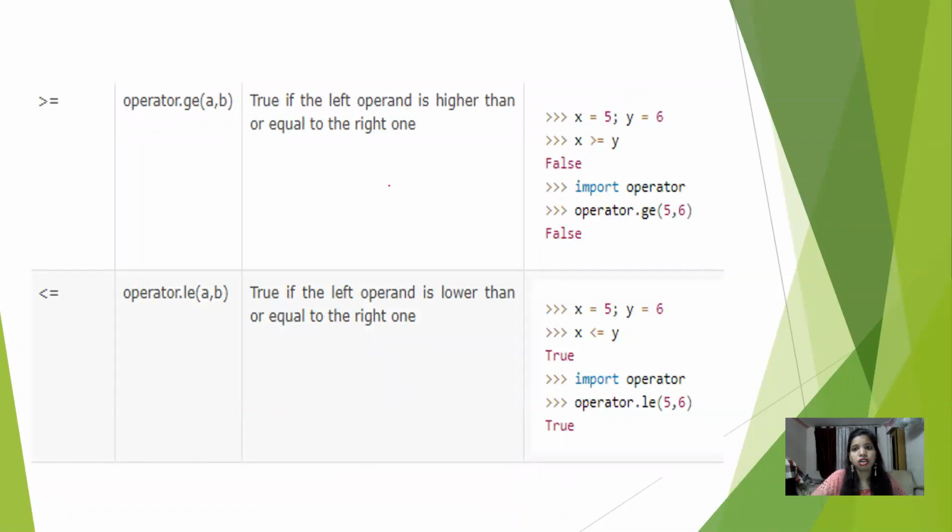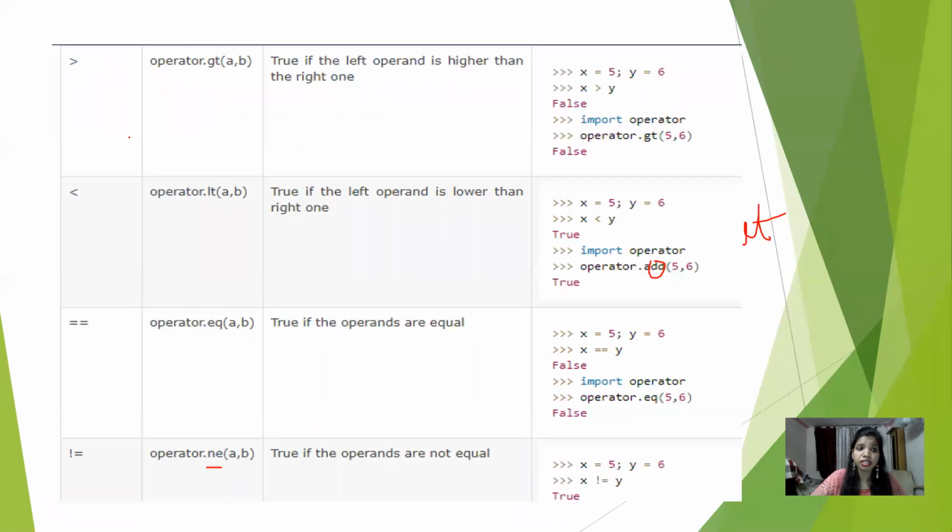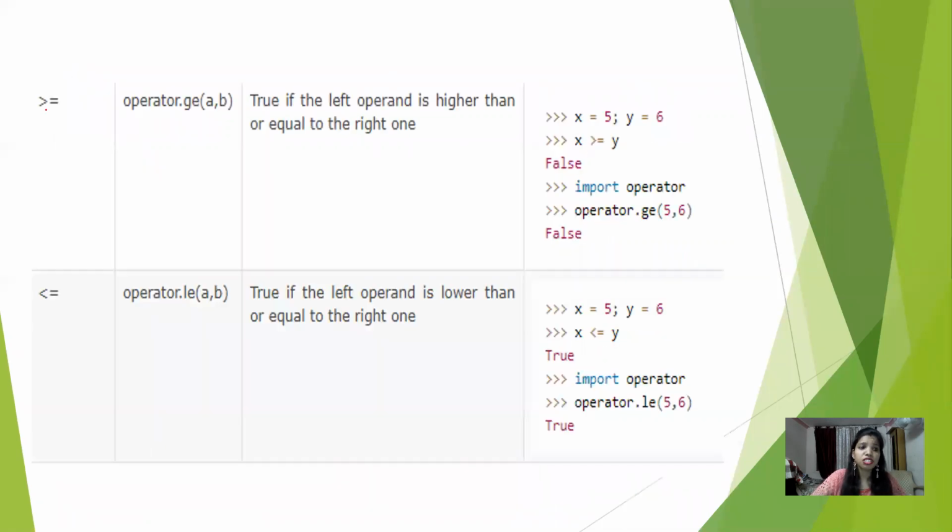Now greater than equals to, not just greater. Here x equals 5, y equals 6. 5 is definitely not greater than 6. See, for greater than equals to, two conditions are there, either greater or equals to. If any one is true, then it is true, otherwise false. Neither it is greater nor equals to, both conditions are false,